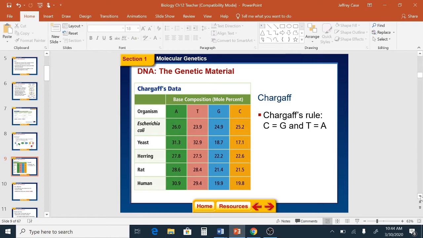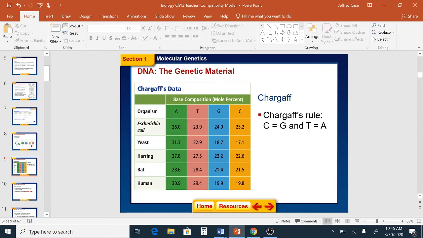So there's this rule, Chargaff's rule, where C and G will pair with each other, T and A will pair with each other. So in theory, however many C's there are, cytosines, there should be the same number of G's, guanines. So that would represent C equaling G. And you can see in these different species, these different organisms, that's pretty close to true. Of course, things can happen, exceptions,